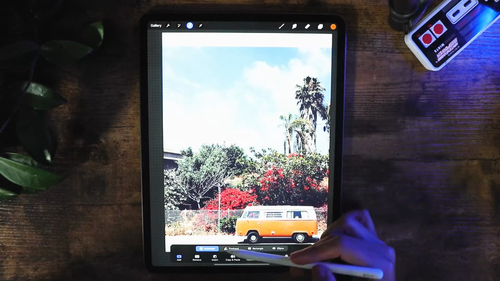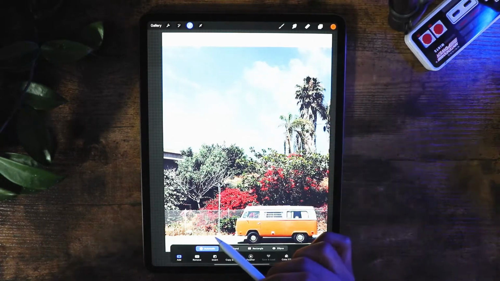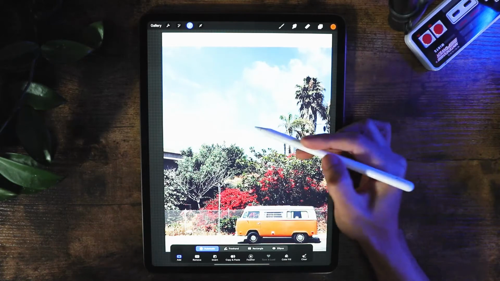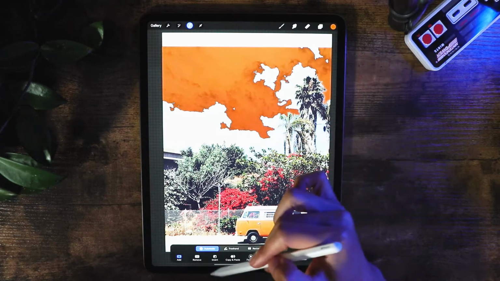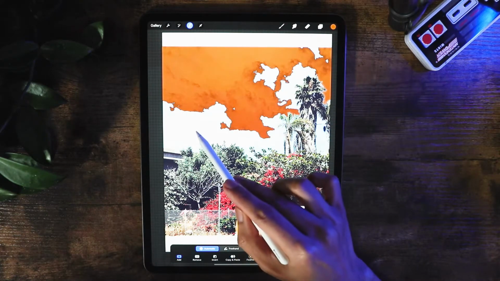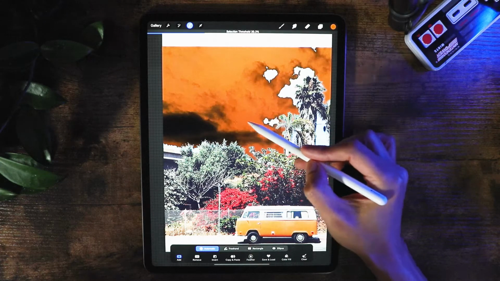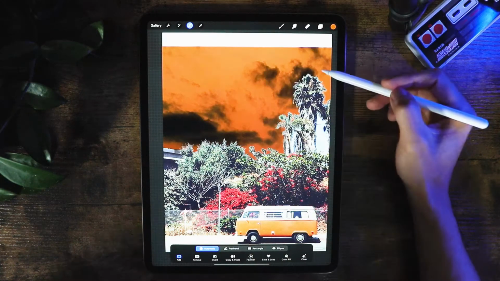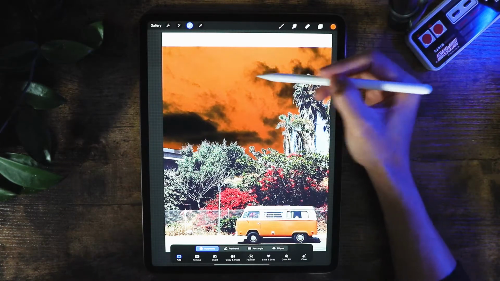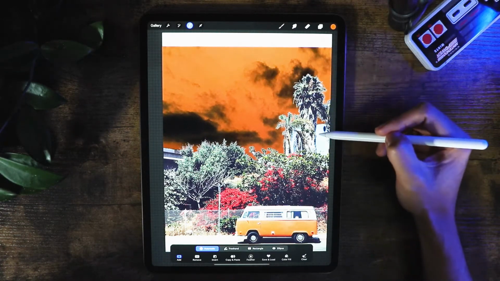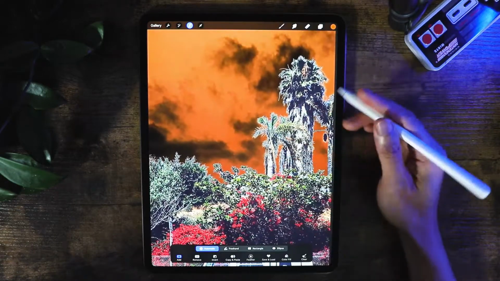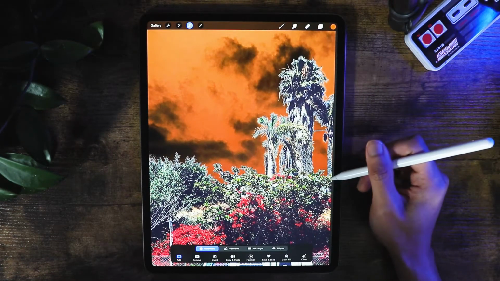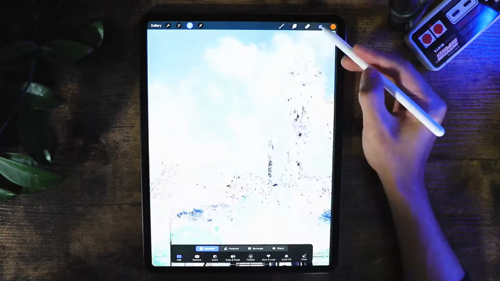There's a trick here, trying to mask the sky. It will be easier for us to use automatic because the sky is pretty much the same color, so we can just tap right there. We can add another selection like the white right here, and then we can just increase the threshold so we can hit all. Procreate doesn't count this as part of the sky, so we can just tap right there. Okay, so I think that's good enough for my liking, and what we're gonna do is to invert it